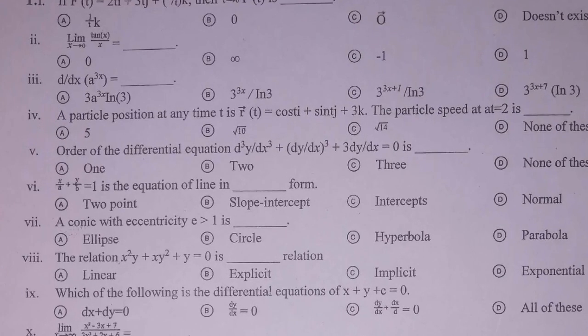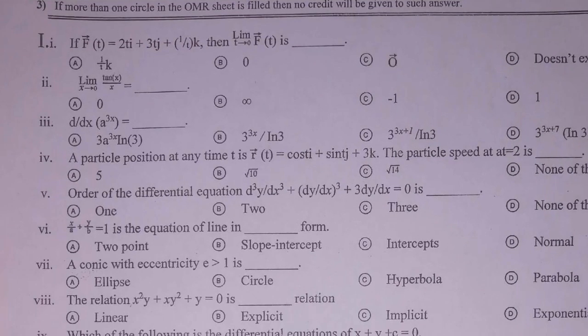In the first MCQ it is given that f of t is equal to 2t in i direction plus 3t in j plus 1 over t in k direction, then limit t tends to 0 f of t is equal to what? We know that the limit of the first component goes to 0. Also the limit of the second component when t tends to 0 is equal to 0, but the limit of 1 over t does not exist because